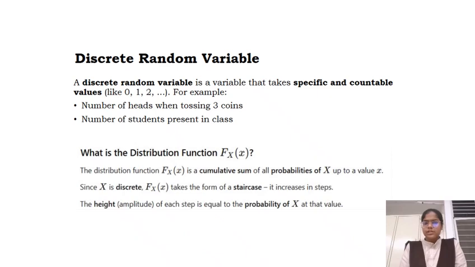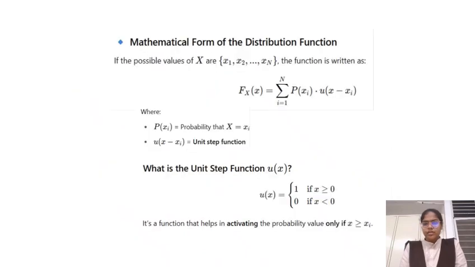Since capital X is discrete, F_X(x) takes the form of a staircase. It is in the form of a staircase and it increases in steps. The height, meaning the amplitude of each step, is equal to the probability of capital X at the value. Here capital X is a random variable. Mathematical form of a distribution function. If the possible outcomes of capital X are small x1, x2 and so on up to xn, the function can be written as